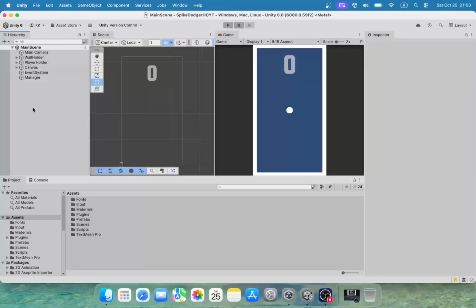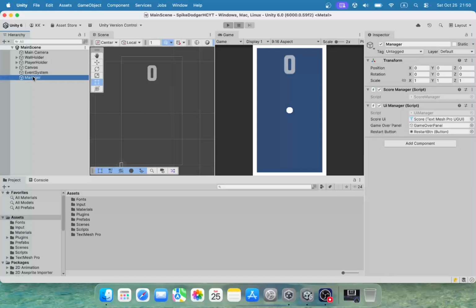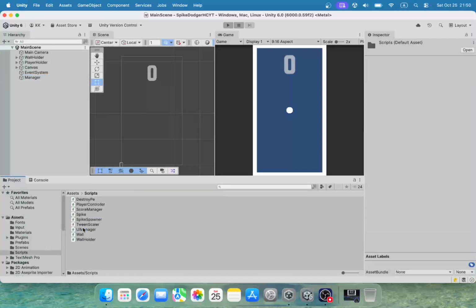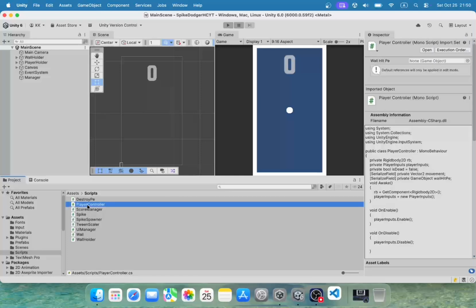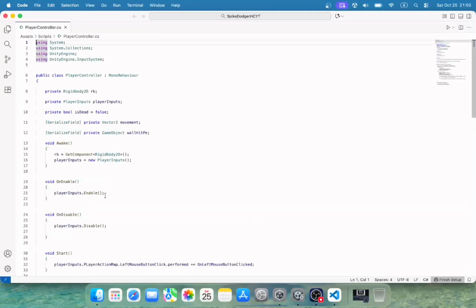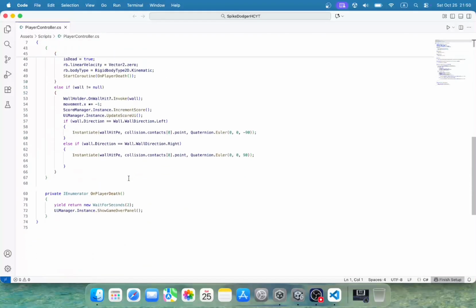In this part we are going to add the camera shake and basically finish our game. So let's do that. So for our camera shake, on wall hit, let's go to script and we basically register our wall hit in the player controller. Open this up. So here on wall hit,